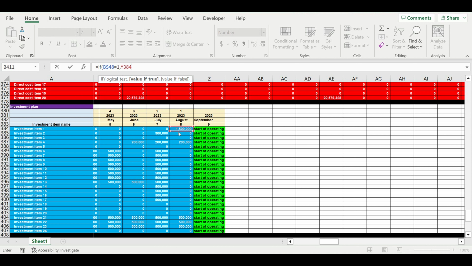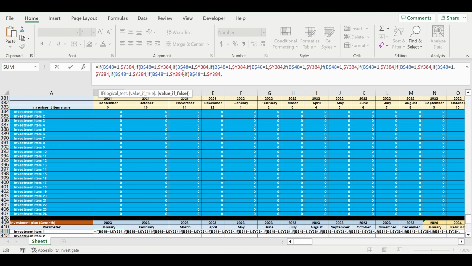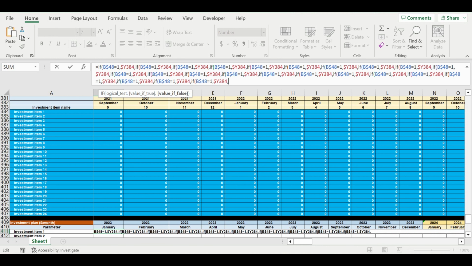Here I will freeze the column. Then I will be using 24 arguments. So let's count them: 1, 2, 3,